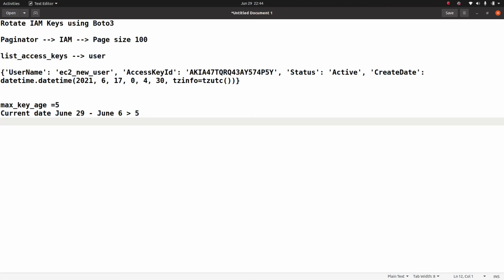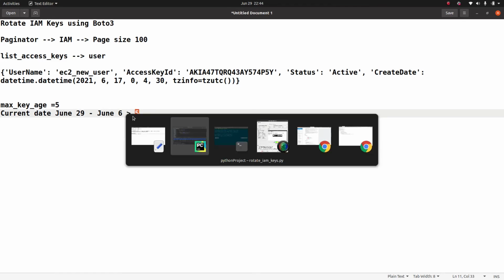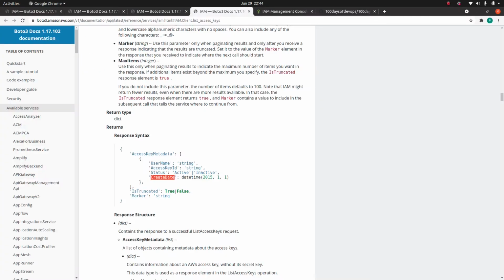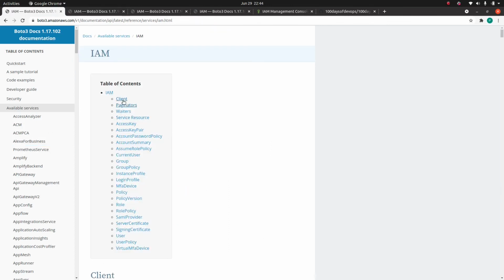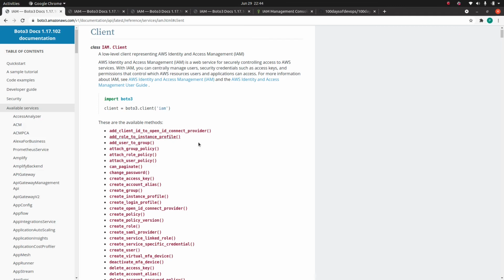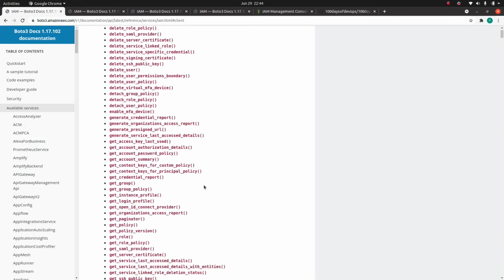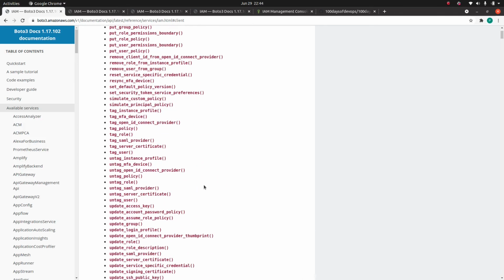You can set it at any number, but I see in most companies either 30, 60 or 90 days. Okay, if this is greater than this 5, which I have used for the demo, then you can use one more function, or if you go here and go to client, there's something called update access key.